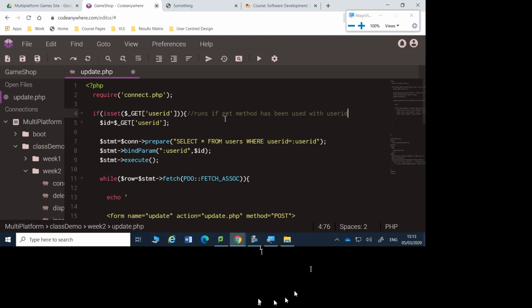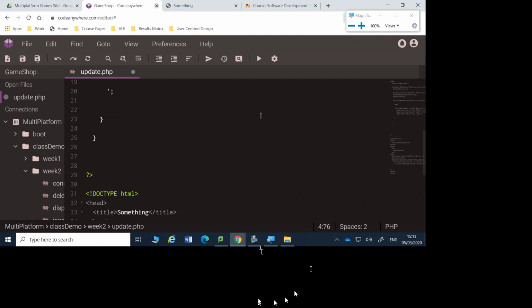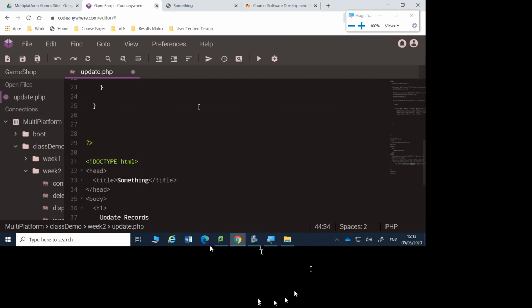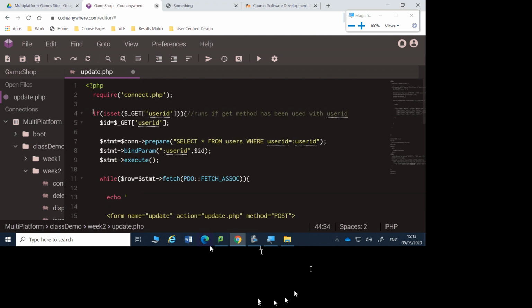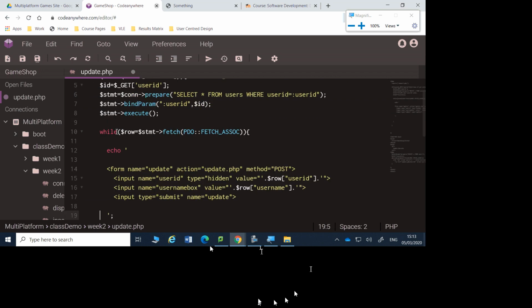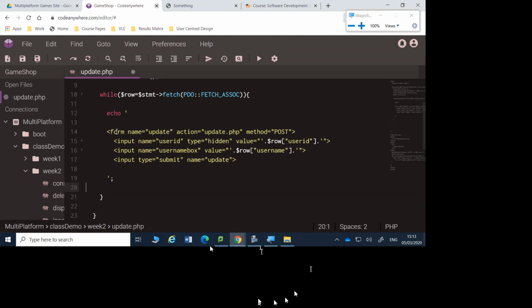Now, I know that the get method's been used with user ID because down there, when I'm doing the update, that's the get method, and you'll see that user ID has been passed. So it goes in there. Okay. So at that point, I've got to think, oh, that's all that code's fine. Just tidy it up a wee bit. Okay, and I'll say end of get method